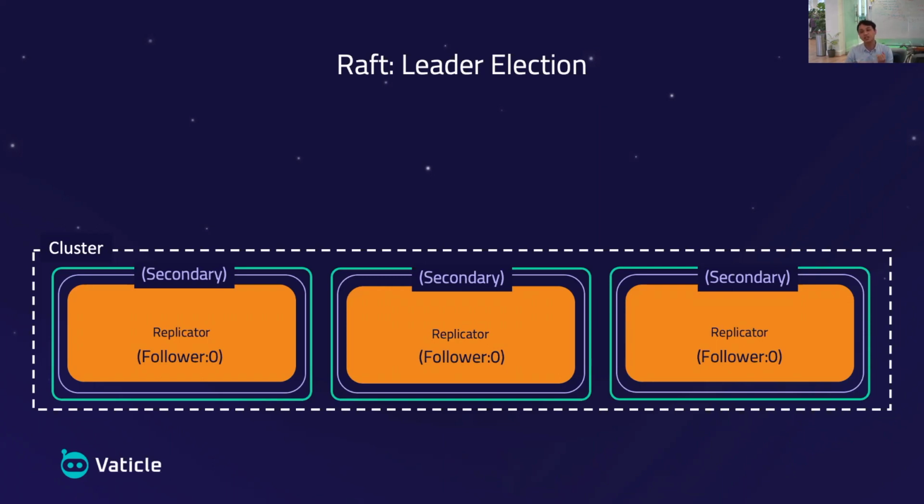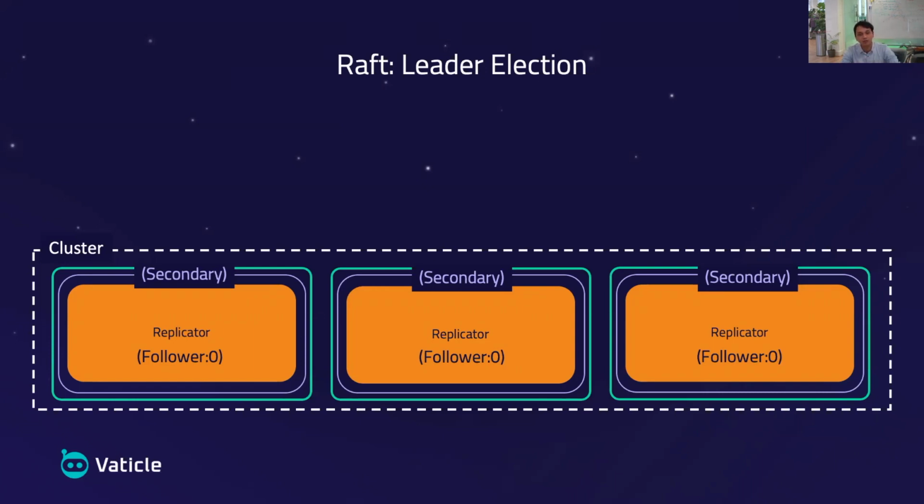And in this case, the term number always starts from 0 and always increases monotonically by 1, such that the first election is going to be designated as election term number 0, and the next one will be election number 1 and 2 and 3 and so on and so forth. Obviously, each replicator holds their own election number, and there is no network synchronization step that needs to happen. And the algorithm guarantees that even though these numbers are not globally synchronized, the resulting process will end up with an algorithm that is behaving correctly.